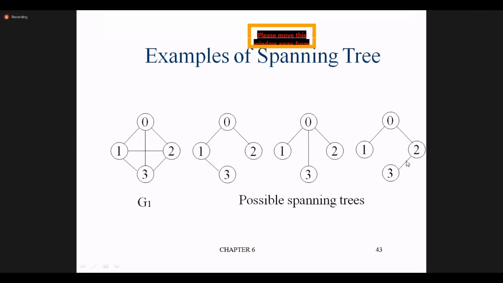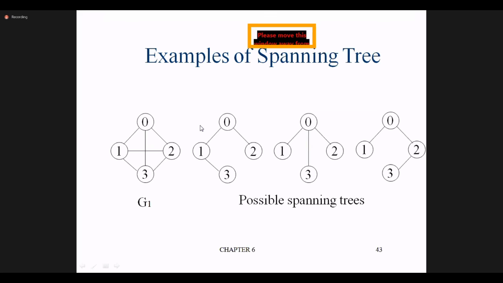And after that, this is the first level, then the second level, we will see whether left and right are there. If the left is there, we will visit the 3. That means we have written a protocol that only left will be visited, then we'll see whether the level is completed or not, then the right will be visited, and after completion of that level we will come to the next left, right, like that. So this is another way. These are the possible spanning trees of this graph.